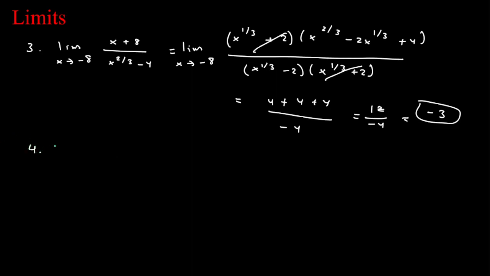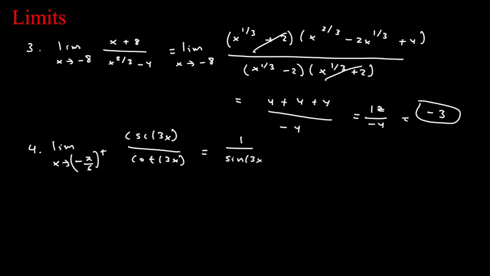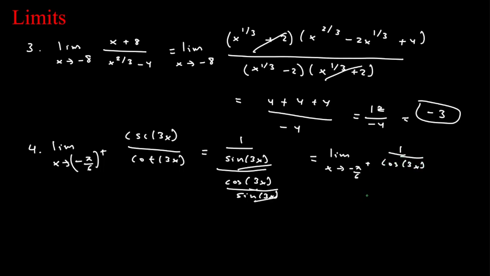Alright. Limit as x tends to -pi/6 from the positive side of cosecant 3x divided by cotangent 3x. Cosecant is 1/sine, so 1/sine 3x divided by cosine 3x over sine 3x. Now these two cancel out, and we're just given limit as x goes to -pi/6 from the positive side of 1/cosine 3x. If we were to plug in -pi/6, we get